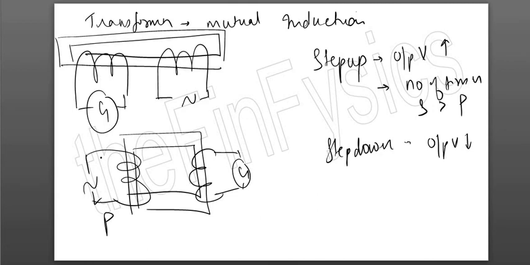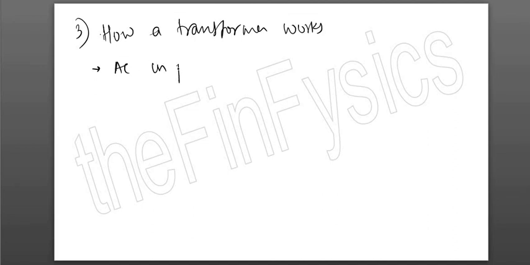Now a 3-mark question normally comes where they ask you to define or to explain how a transformer works for 3 marks. Okay, 3 important parts. What happens in the primary is for 1 mark, use of the core is the 2nd mark, and what happens at the secondary is for the 3rd mark. So you're going to write these points for how a transformer works. Okay, so the first point is an alternating current in the primary coil will produce an alternating magnetic field in the primary coil.